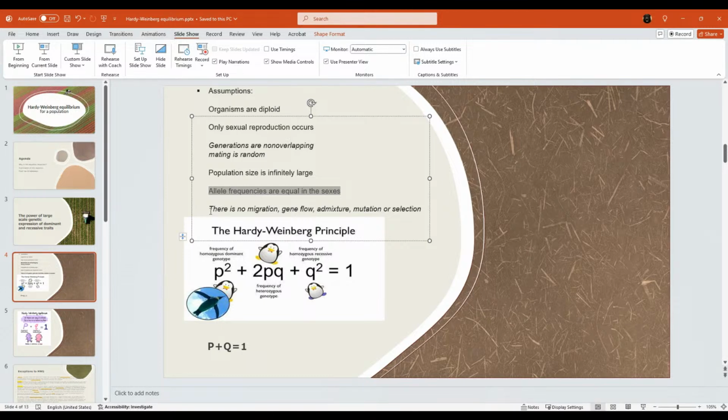And the next assumption that this equation makes in order to be true is that there's no migration, gene flow, admixture, or mutation. Well, that's also not true. You do have mutation. You do have gene flow. For example, if I take a German Shepherd out of Germany and bring him to the US, that's gene flow. I'm taking a completely different gene pool and moving it into the US gene pool. Or if I take an Arabian stallion and mix him with Arabians bred in the US, that's gene flow, right? So that's not true, and mutation happens.